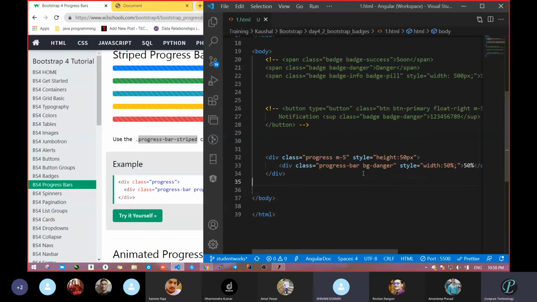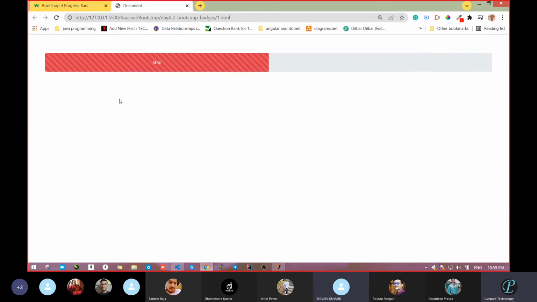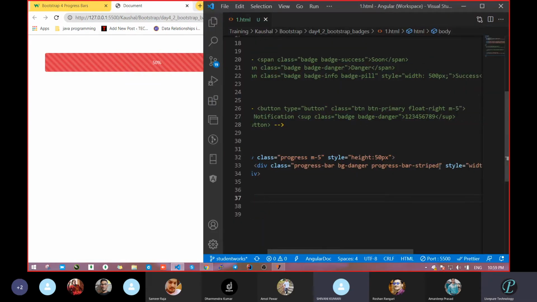Already we had taken, on the parent, progress, and inside that progress bar and BG hyphen danger. And then next for striped, as we already told, progress bar hyphen striped. Then see, you will get the striped type. Clear? So who is doing this? With the help of this striped.